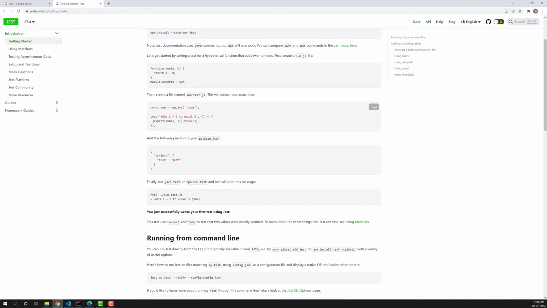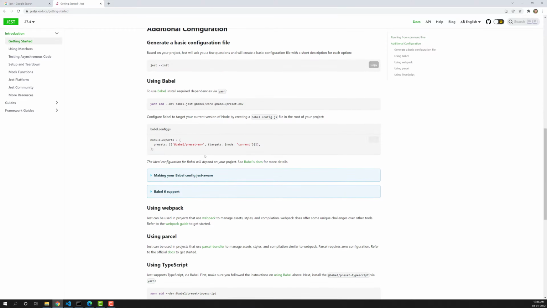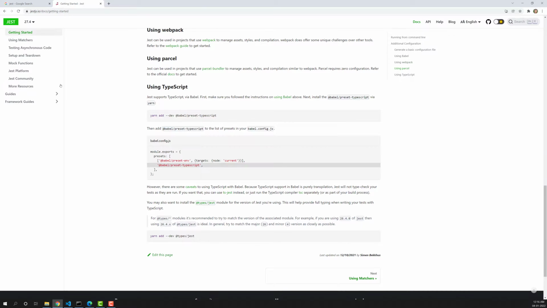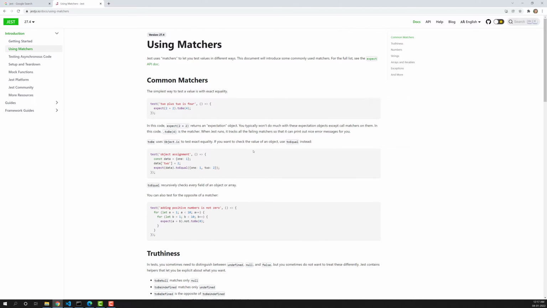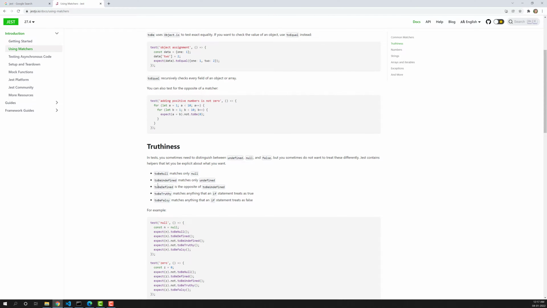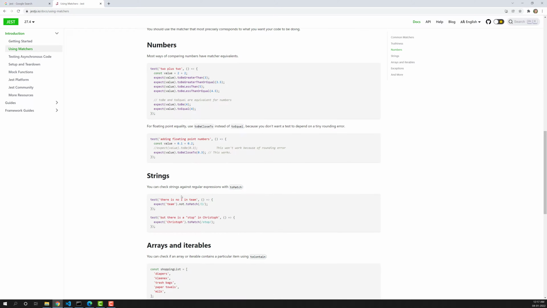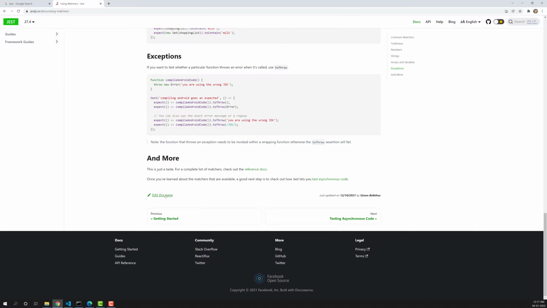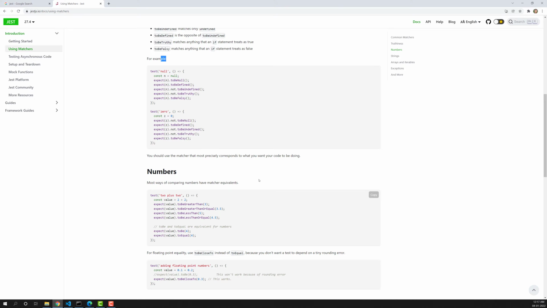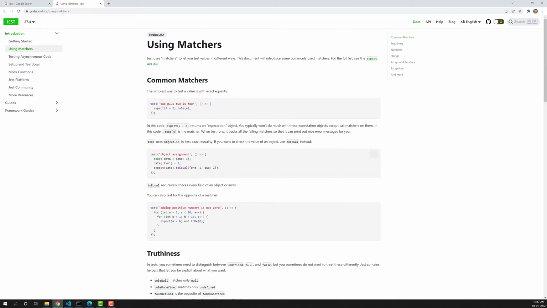Now here, the logic they are trying to do is expect sum of 1, 2 dot to be of 3. The same thing we are trying to do. To be is nothing but that. Practically, behind the scenes, the logic will be implemented the same as what we have implemented. If you go down to the matchers, or assertions, whatever the name may be, you will be able to see to be null, to be undefined, to be true, to be false, and most of the things are there, and many more. These are some of the things you will be able to use.